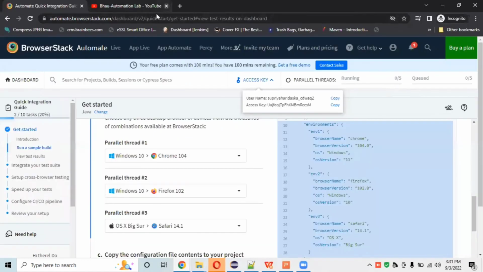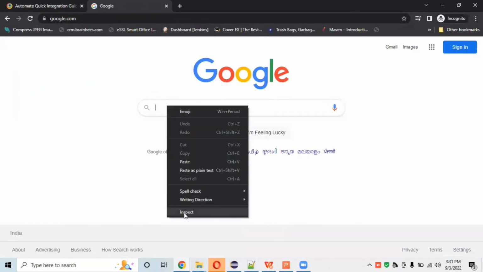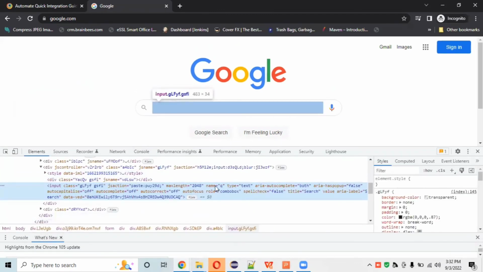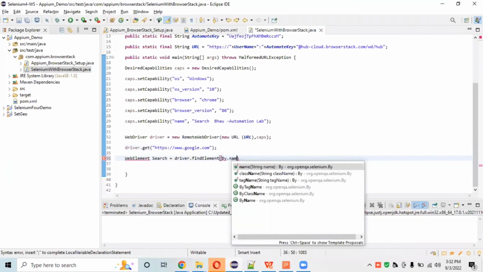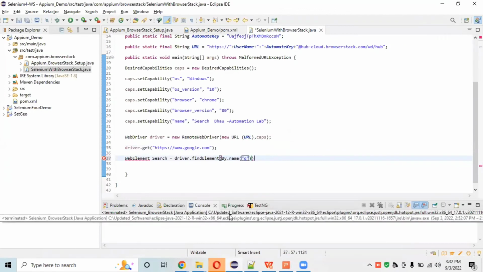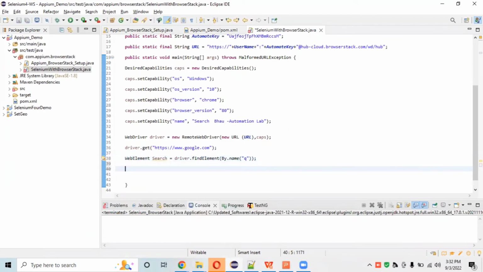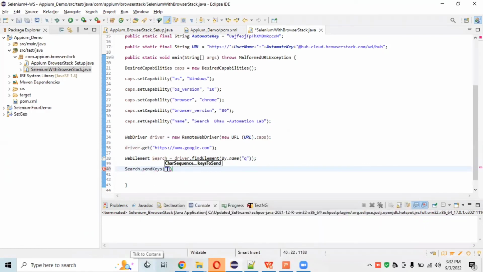So open google.com here in the browser and inspect this search element. And for this search, let's take the name as q. Everyone knows that the name is q. So By.name, search that element through name, and just type here q and store that element in this search box. After that, this element is stored in search. So through this search, let's do some action on that element. So search.sendKeys, and I'll send something like